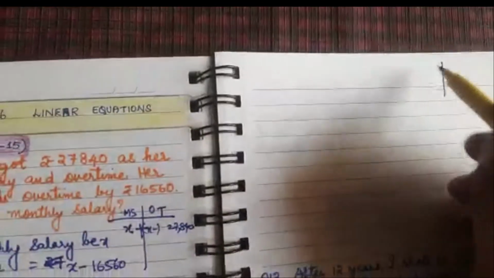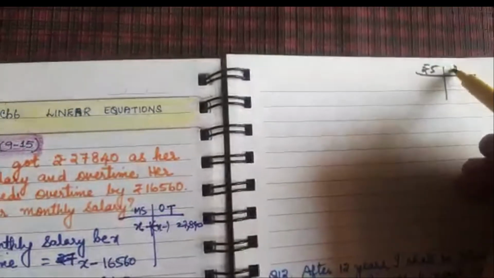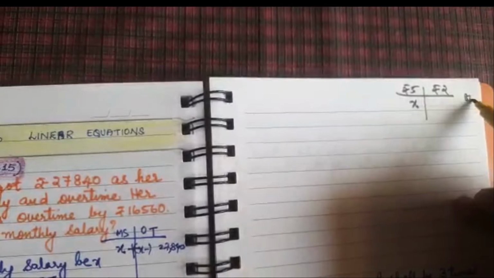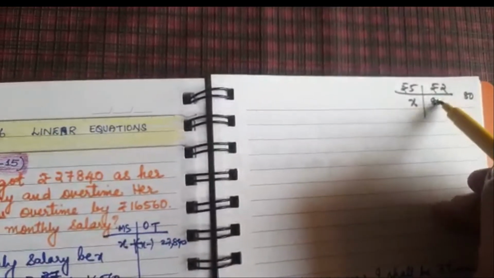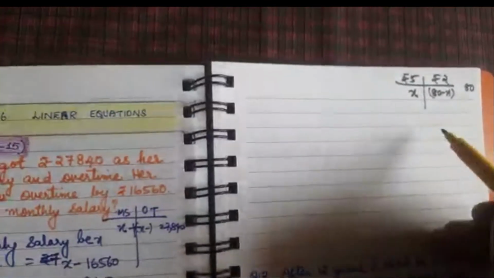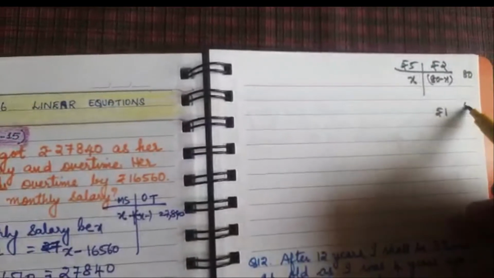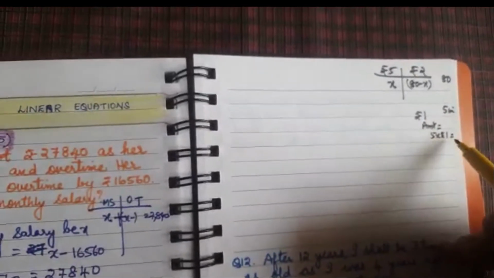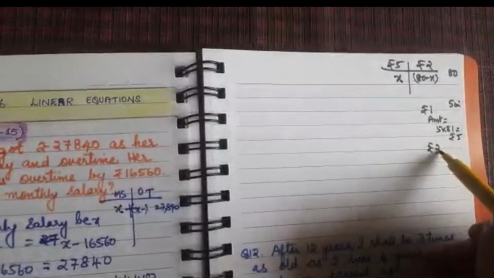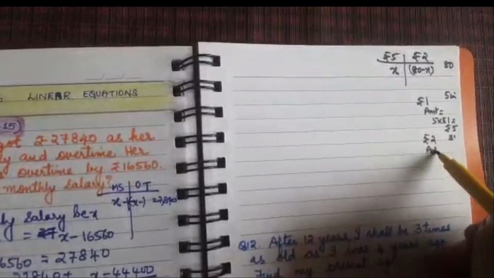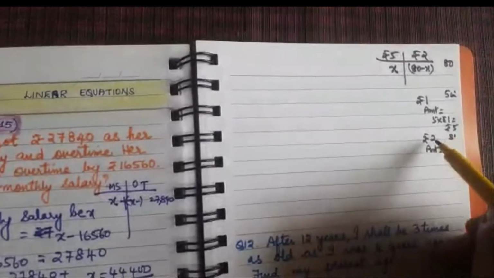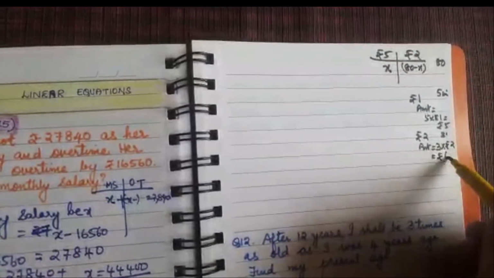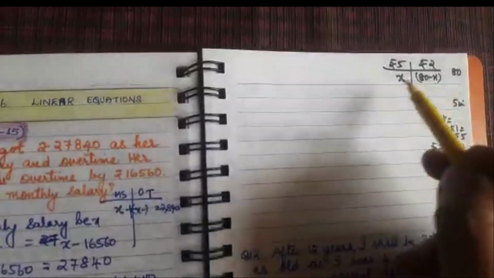Suppose this is rupees 5 and this is rupees 2. Now X number of coins, and together you have 80 coins. So this is 80 minus X, isn't it? Now if I have 1 coin of rupees 5, the amount is 5 into 1, that is rupees 5. If I have 3 coins of rupees 2, the amount equals number of coins into the value of 1 coin, that is 3 into 2, rupees 6. I am explaining this because it is useful in this question.